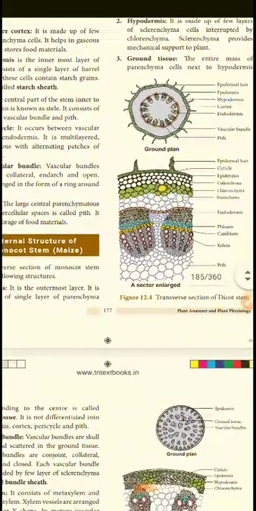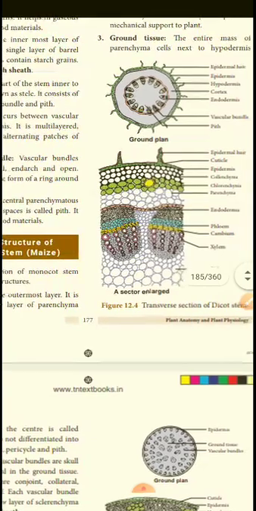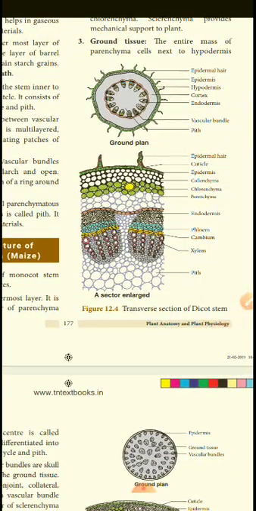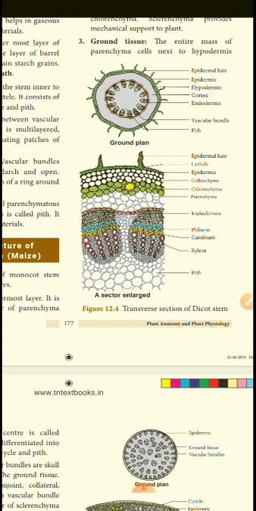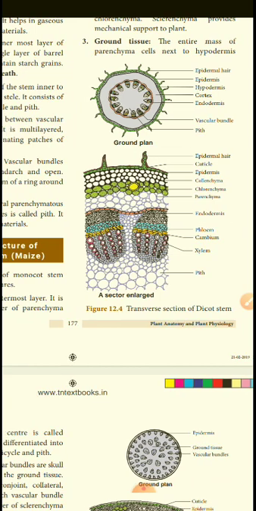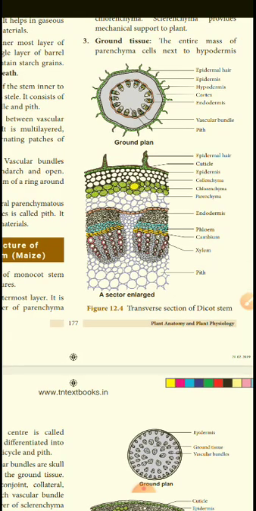See, this is the transverse section of the dicot stem. The collenchyma cell is present after the epidermis. The outermost is the epidermal hair. After that the cuticle gives protection. Then the hypodermis gives mechanical support. For that purpose it is there. After that are the chlorenchyma and parenchyma cells. Green color is the chlorenchyma cells, collenchyma is white color. After that, a little bit violet color is the parenchyma cells. After that the black color is the endodermis. Endo means a little bit inside, exo means out.